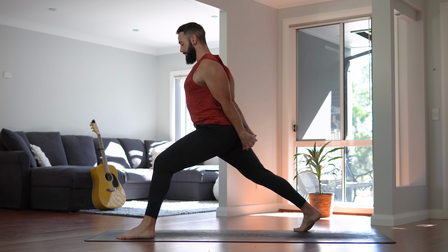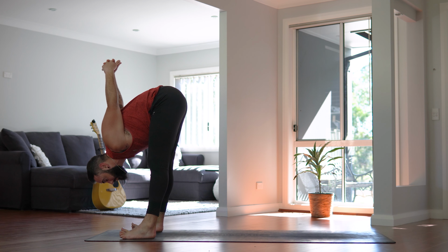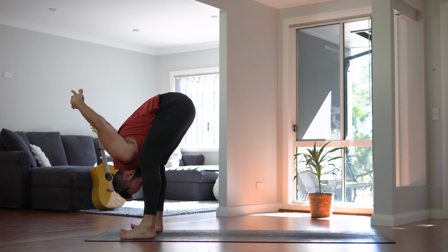And keep the hands as they are, mindfully lift the back heel. See if you can gently step your right foot up to meet your left. We fold over the thighs again. You might be able to find a little more depth here, bending into the knees, allowing the arms to get